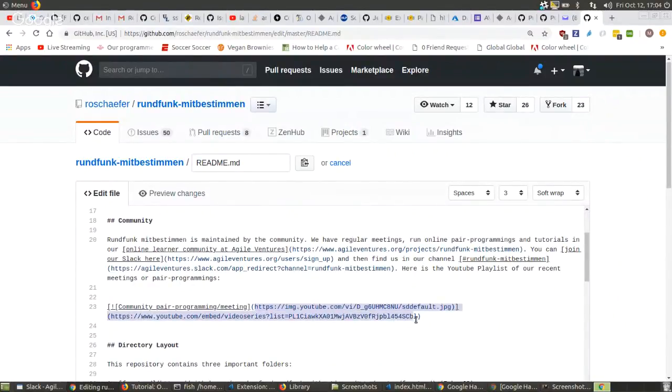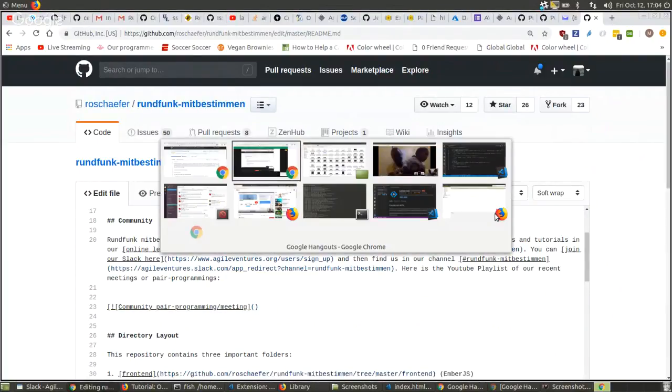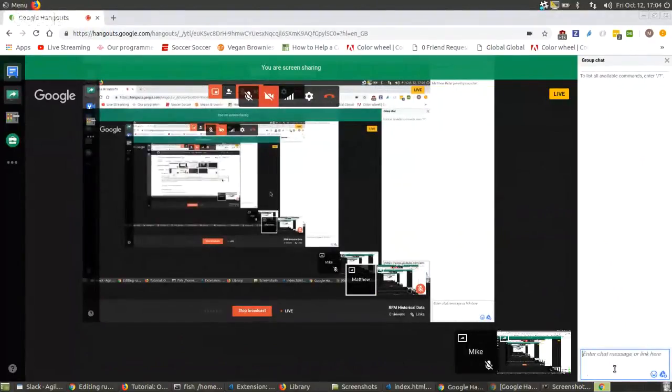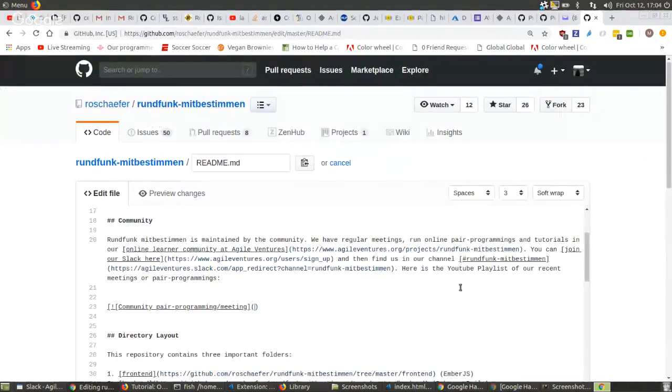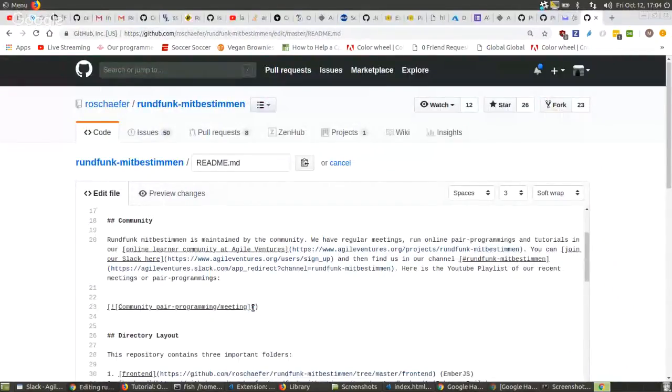So I can cut this and paste it somewhere, so that in case we want to change it back, we can change it back. Then I guess I would need to paste a URL here, right?